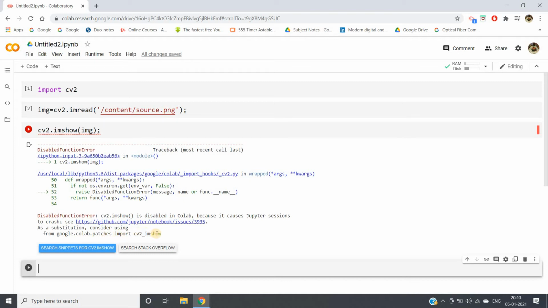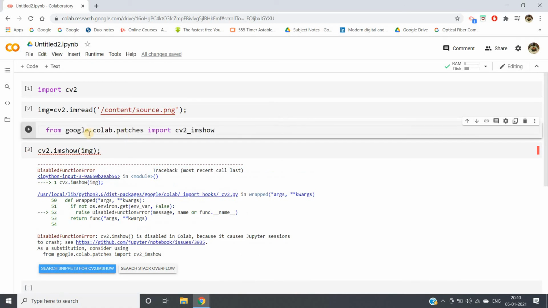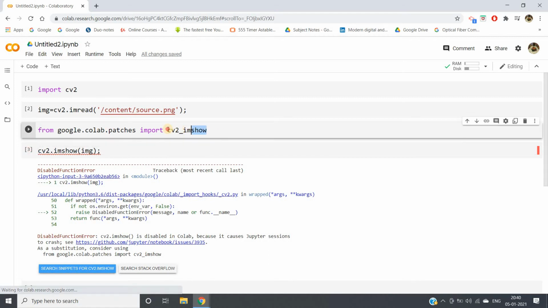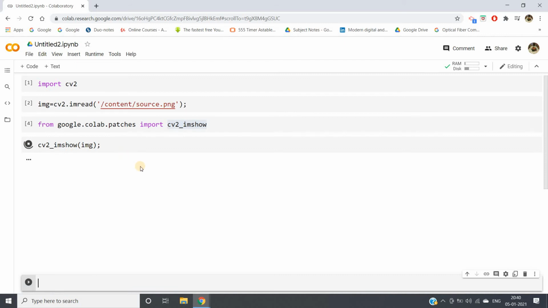From the Google Colab page, a suggestion. I will take this one because this is required. So I have to use this particular function, cv2 underscore imshow img, to display the image in Google Colab.